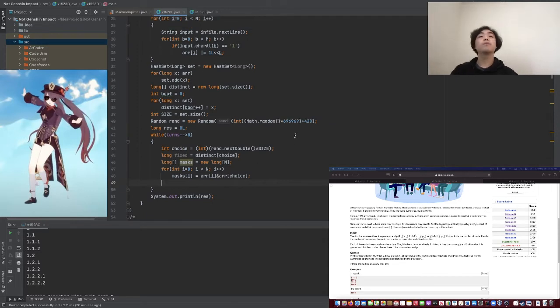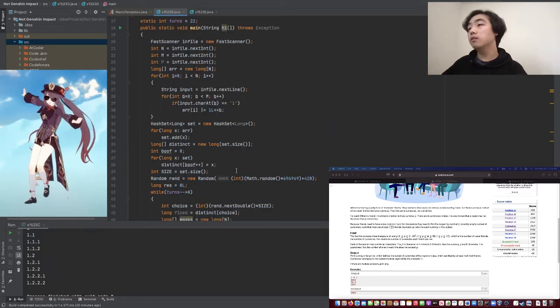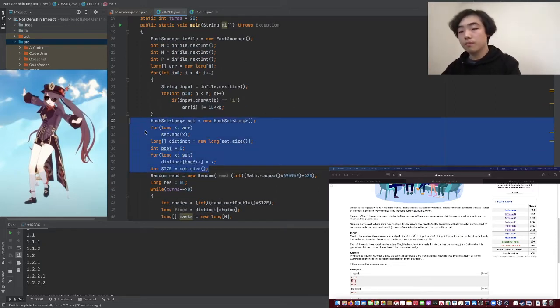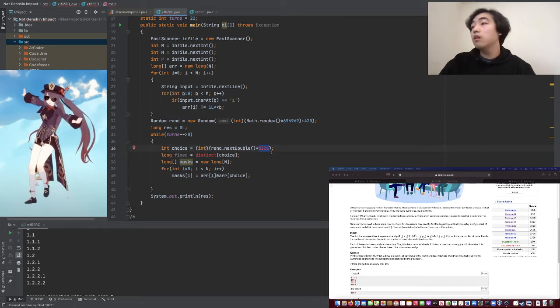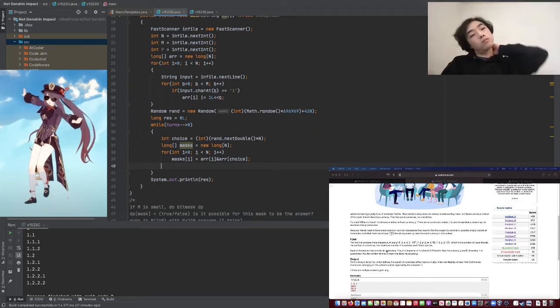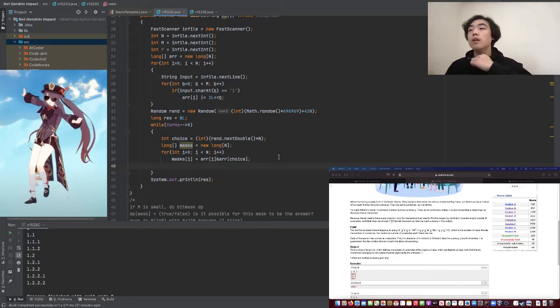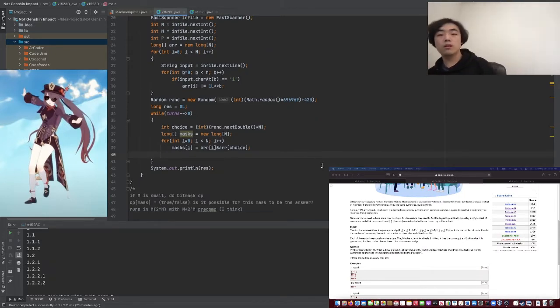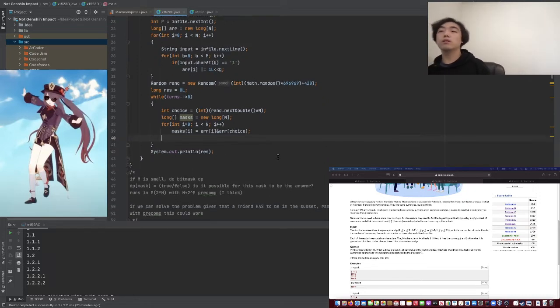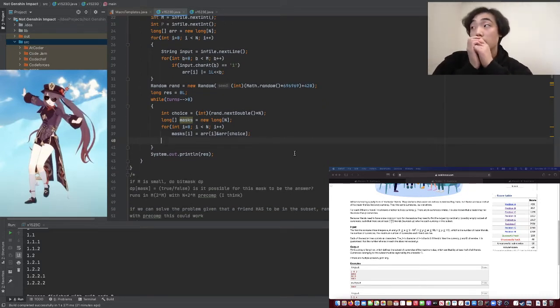Actually, wait, hold on. But then that could screw up our probability, right? Yeah, okay. There's no need to do this. I'll just do it by n. Even if we hit the same mask that's really big, it doesn't really matter, because by pigeonhole principle, that would be in a valid set anyway. Yeah, I think so. So if we did something like this,